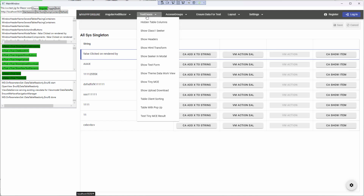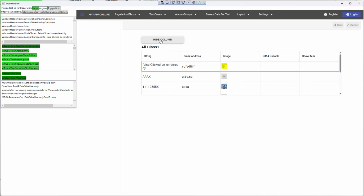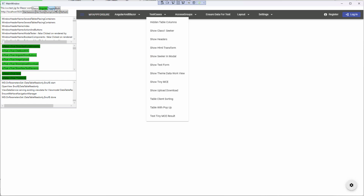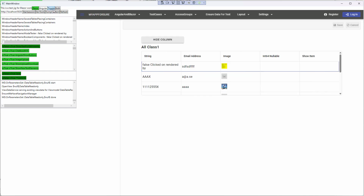Moving on to some other test cases. Switch in Blazor. So hide column. So the URL column is hidden, and also here we have an icon button. Okay, that's the same issue as buttons in grids overall, I think, because it doesn't show here. Okay, and